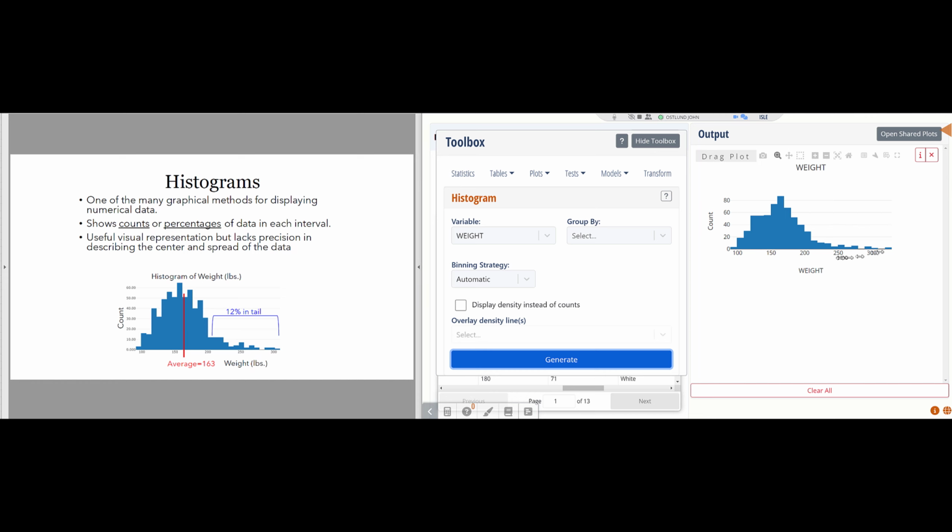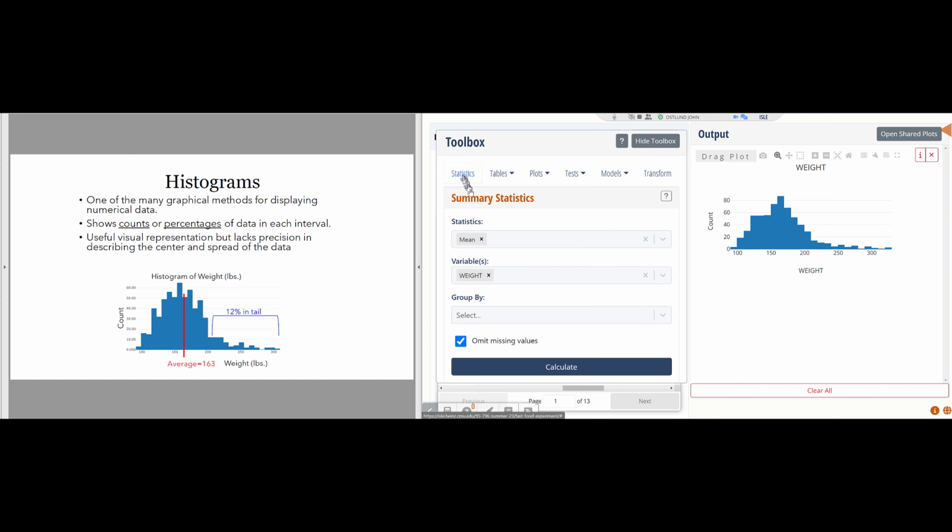Both the left side and the right side of the histogram are referred to as the tails of the distribution. We would typically see most of the weights around some central weight, with numbers tapering off to lower values and upper values. Okay? And it turns out if we request to see some numerical statistics, in particular here the mean,